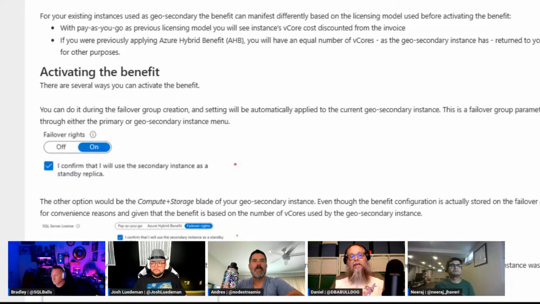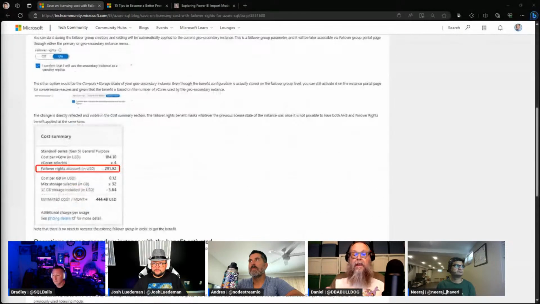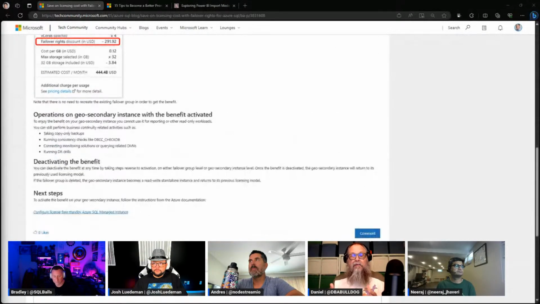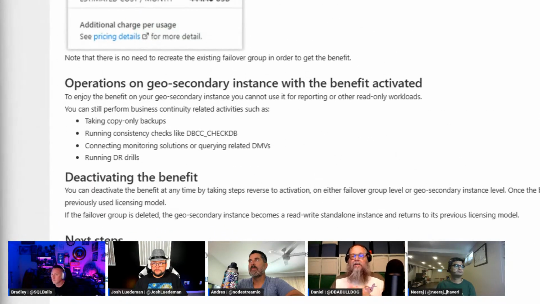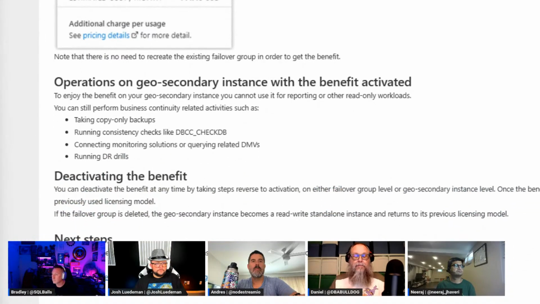Weird times out there, so we could lose a data center, and you have to plan for that. You have to plan for that. The article goes through how to activate it and some of the savings. Then the article finishes up with what you can do, and it's similar to what we can do with our SQL servers in Azure on VMs. You can do some of the same operations with this benefit activated. If you're setting up managed instances and you have a failover group, you need to enable this today. Go do it now. Well, after the show.